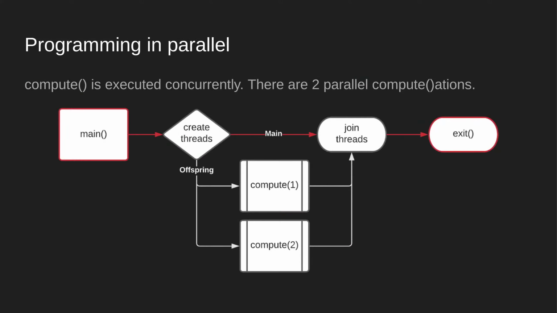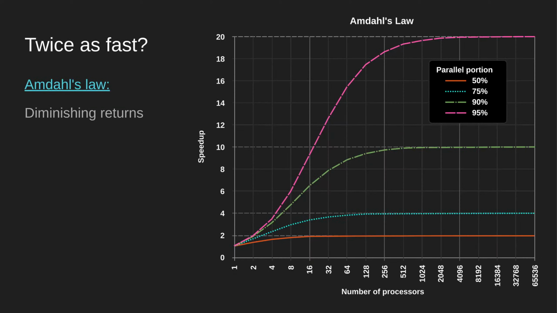So let's look back at the previous slide here. What we're doing here is we are creating threads and we are joining threads. We're creating them and then waiting for them to finish. And those things are not parallel. We have to do that from the main process. So the only thing here that's parallel is the actual computation itself. So the simple program which I just showed is not 100% parallel.